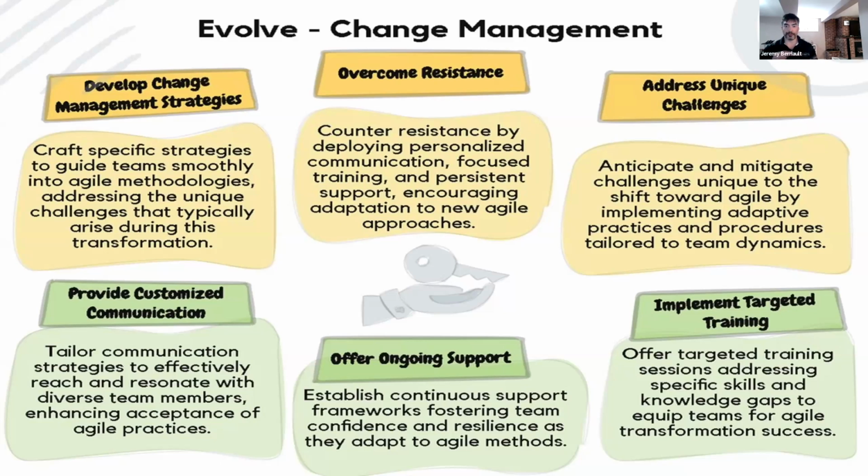But we wanted to make sure we understand each of these points, right? We want to make sure we have the right strategy. We want to make sure we overcome resistance. And for me, I always tie overcoming resistance to either a cognitive bias or a logical fallacy, and that's where I find they usually fall. Like I just talked about anchoring. Anchoring is where you're stuck on that idea and nothing's going to change your mind. So it's trying to get past all that so they can see how they can get better at what they do and what the benefits of that change are.